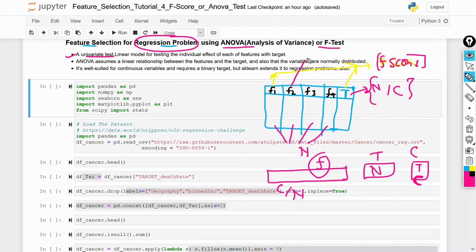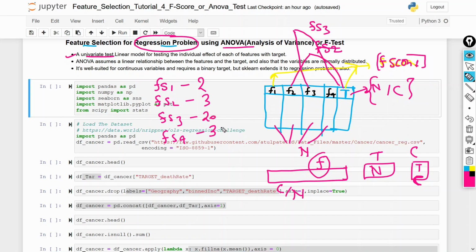Then we again take feature 2 and target, and it provides F score 2, then feature 3 and your target gives FS3. This way we get the scores FS1, FS2, FS3 and FS4. Let's say we get 2, 3, this is 20, this is 30. We get these F scores for these 4 features.